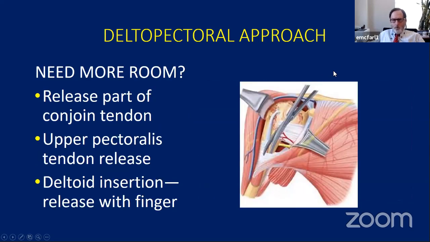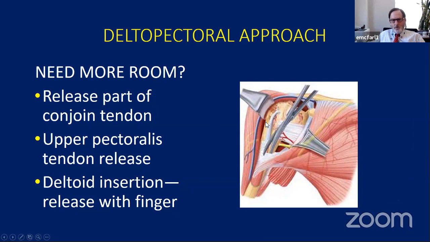If you need more room and you're having any trouble seeing, it doesn't really hurt to release some of the upper portion of the pectoralis insertion. You just have to be careful because where it inserts, the biceps tendon is right underneath of it. So I usually tenodese the biceps tendon as opposed to a tenotomy. If you were to get the biceps tendon down here, it's not the end of the world. You can just do a tenotomy, but I try to take it and protect it.